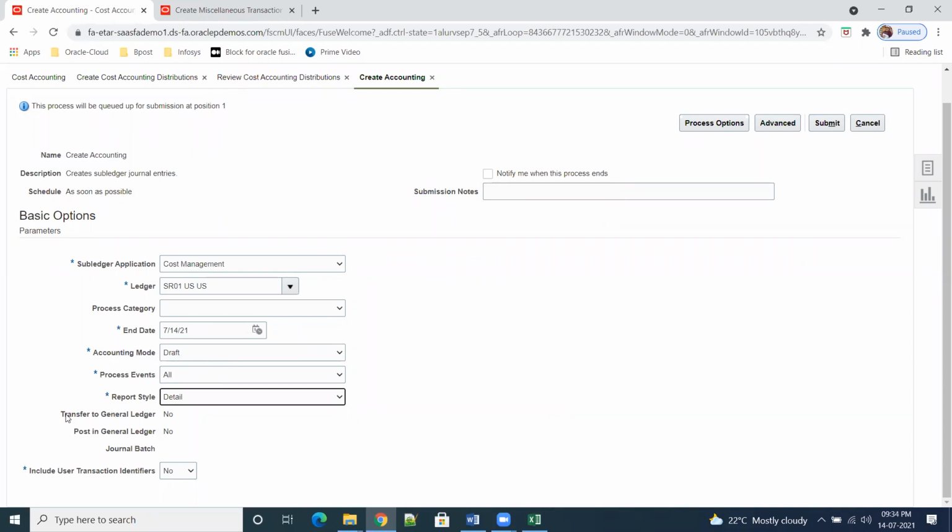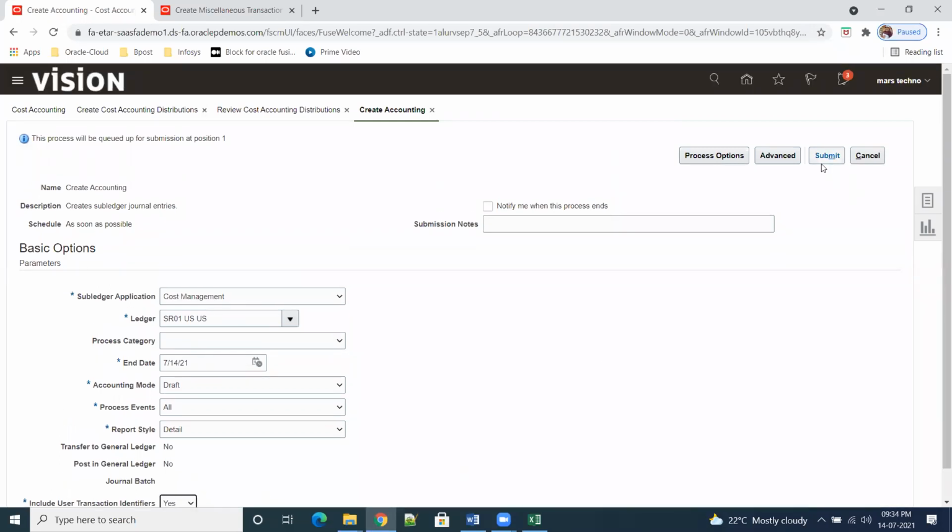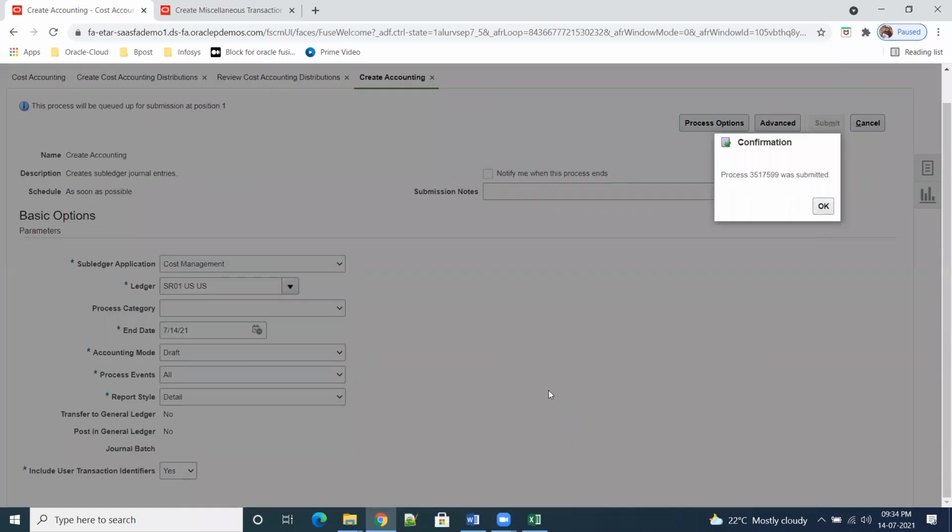Transfer to general ledger is coming now because of draft. Include user transaction identifiers: if you want, you can select yes. I don't know exactly what identifiers mean here, because it is terminology financial people use.